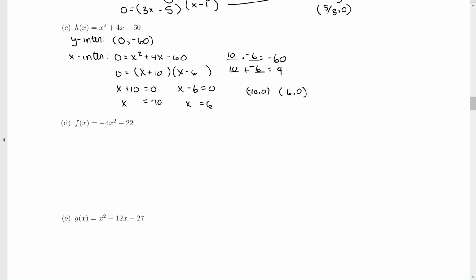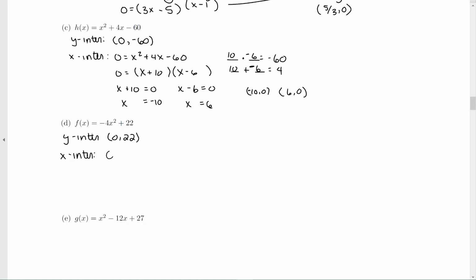Letter D is the function f of x equals negative 4x squared plus 22. Notice this function is missing that x term in the middle. So this is one that I can find the y-intercept like I normally do. Look at the constant. My y-intercept is going to be (0, 22). But for my x-intercept,